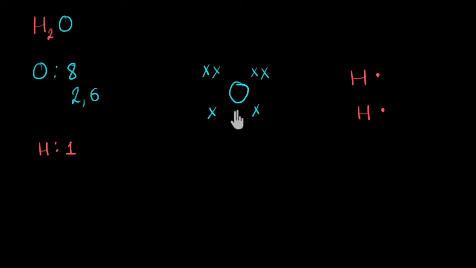So over here, oxygen will also want to have 8 electrons, a complete octet. It currently has only 6 electrons. That means it needs 2 more, okay? Now, to get 2 electrons by sharing, it will have to share 2 electrons, right? So oxygen can share 2 electrons of its own.